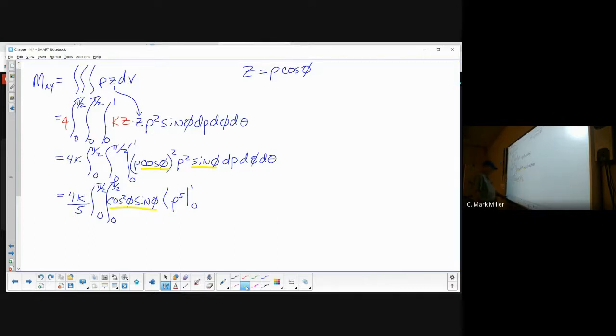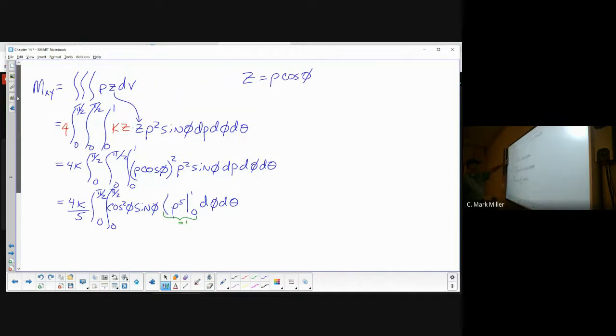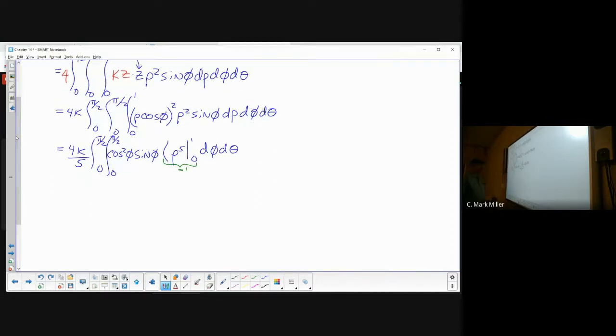But nonetheless, we bring these trigonometric functions out here. And we're left with a rho here that gets squared, and then a rho squared. That gives me rho to the 4th. Integration to rho to the 5th over 5 from 0 to 1. And then here we're going to have d phi, d theta. And this is just 1, right? All right. And that gives us